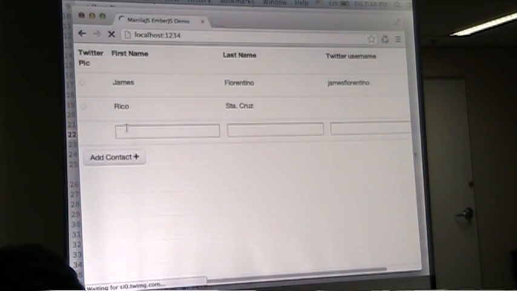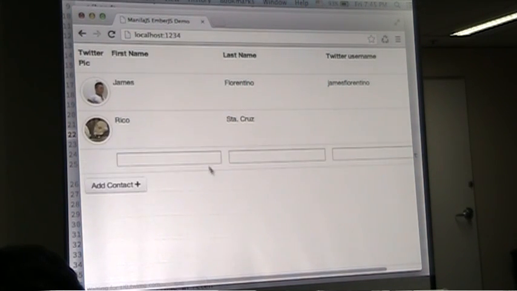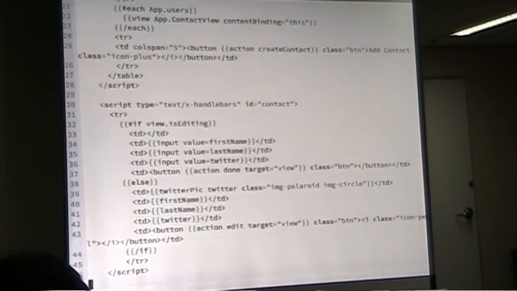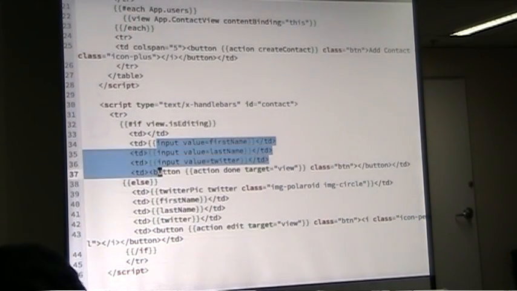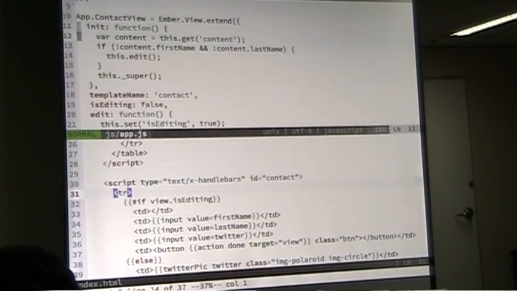Okay. So, what if we want to assign an autofocus binding here, so it automatically focuses to the current first name input object? To do that, we could assign view names to our subviews. So this input list is actually a subview of the contact view that we created. So in order to access that, we could